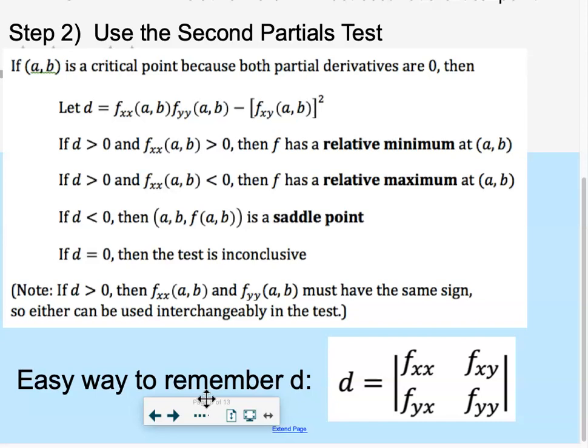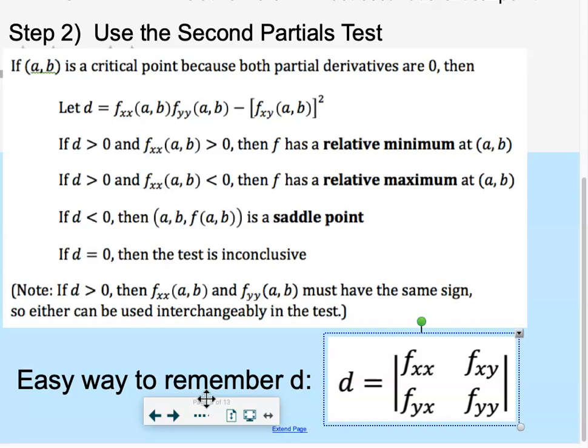You say it's inconclusive and move on. We'll look at the graph. We'll pull up the graph and graph it today, one that's inconclusive. Yeah. So if you can't remember how to find D, put your f_xx, f_xy, f_yx, f_yy, and really these